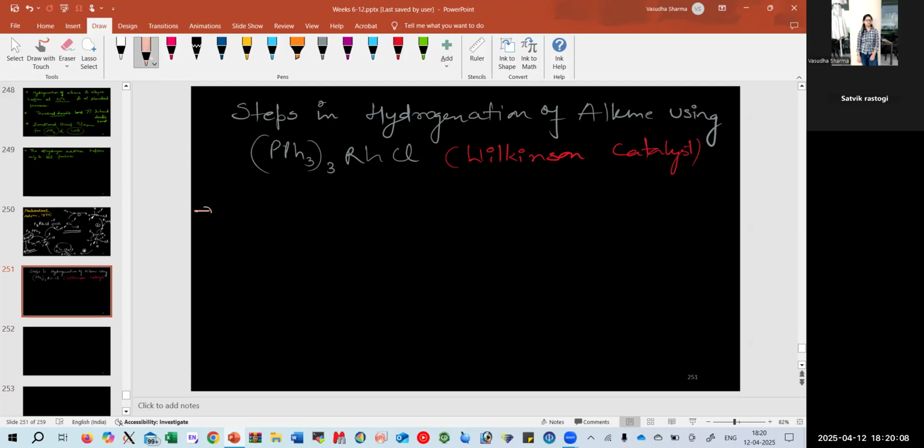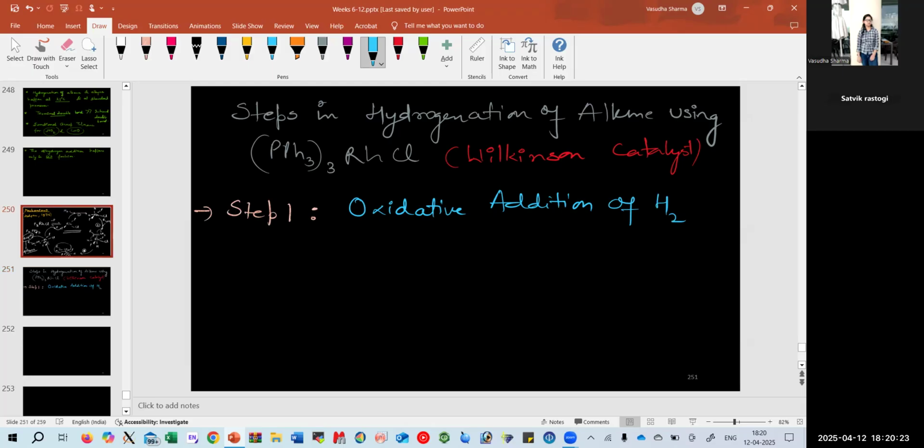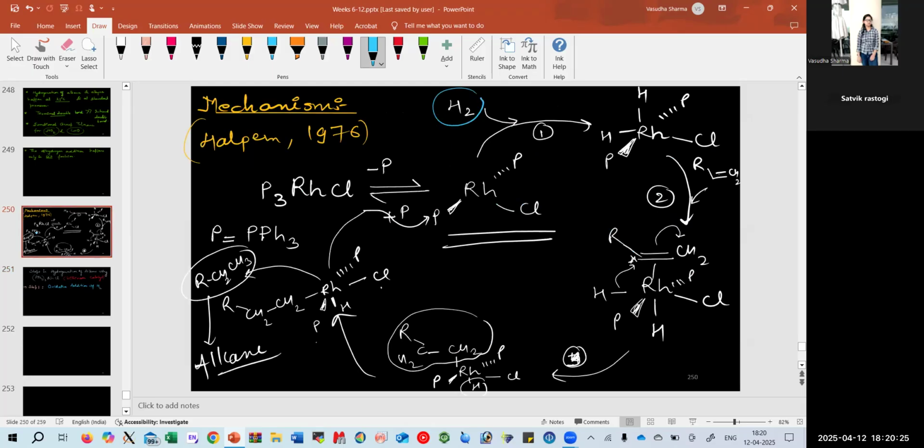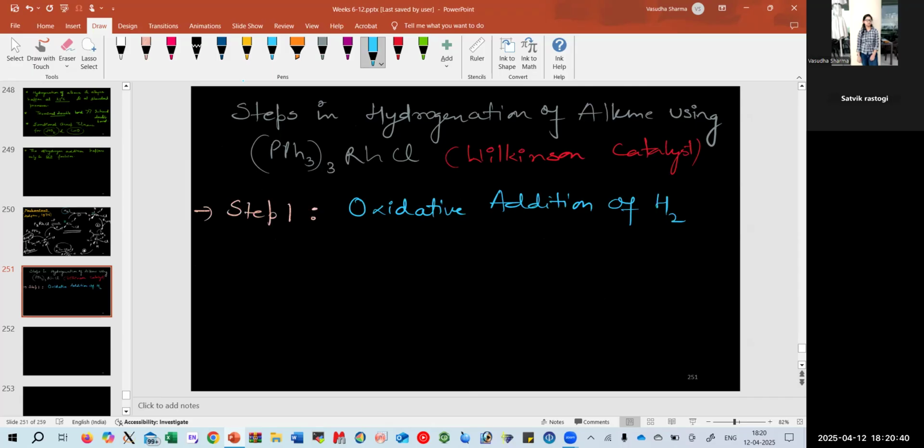So the first step is step number one. Step number one is your oxidative addition of dihydrogen. You can see here, this is your first step where the dihydrogen is going to get added onto your rhodium catalyst, making it go from the +1 state to the +3 state, and then regaining the same oxidation state after reductive elimination. So step two that we have is